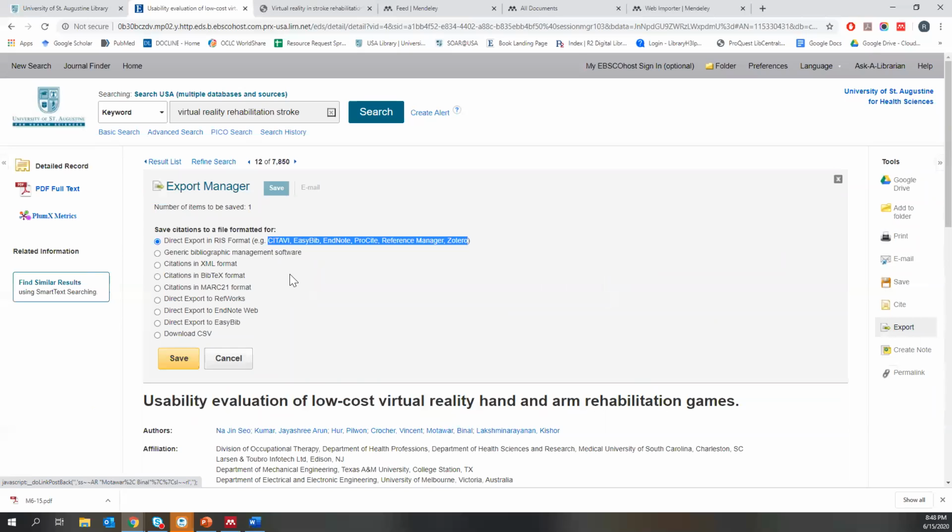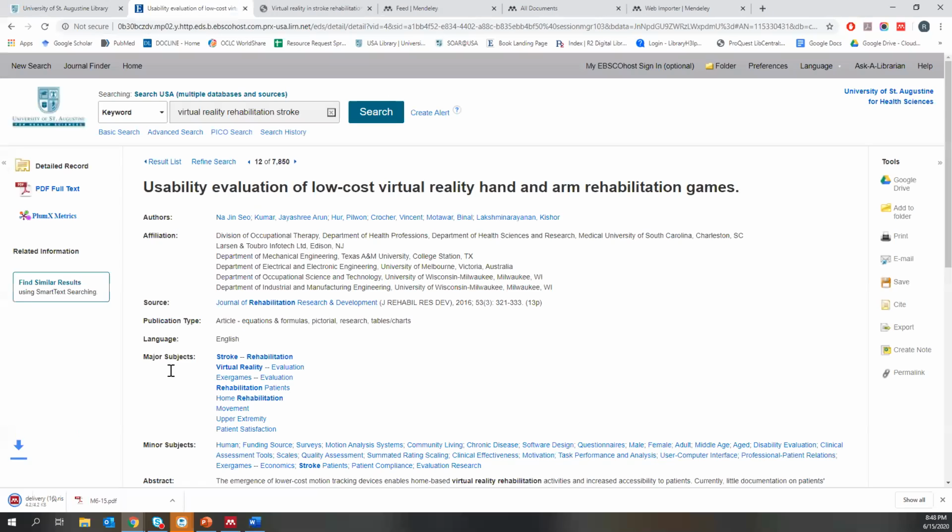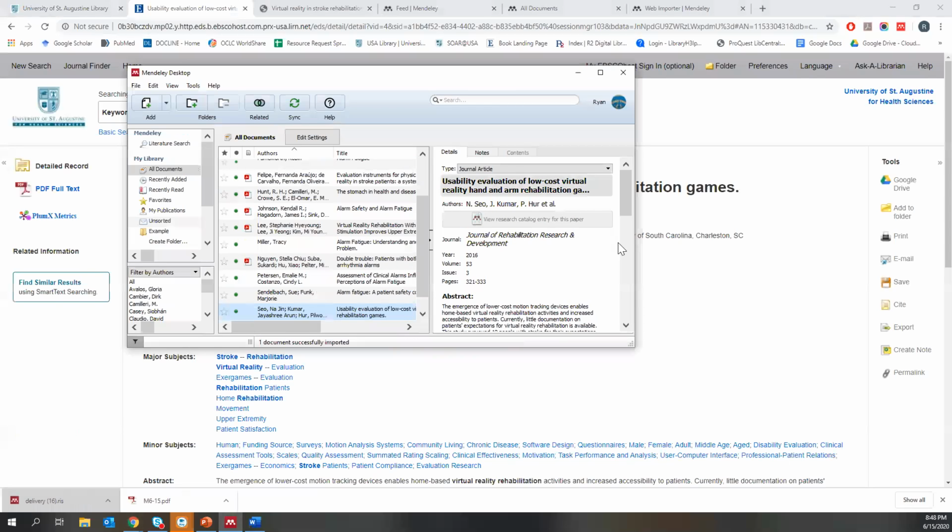downloading the bibliographic information is that as long as it is an RIS format, that means that it'll save properly within EndNote. It'll download it, then you open the download, and then it'll populate your library. You won't always have to do that, but I just wanted to show you that that is also a way of moving citations as well, as sometimes you have to download the